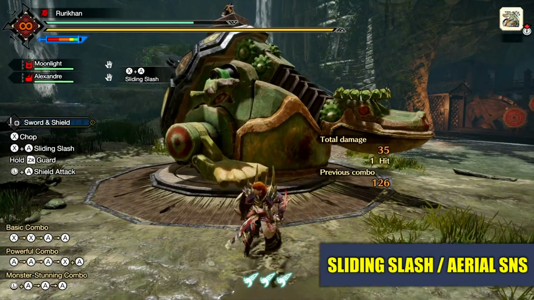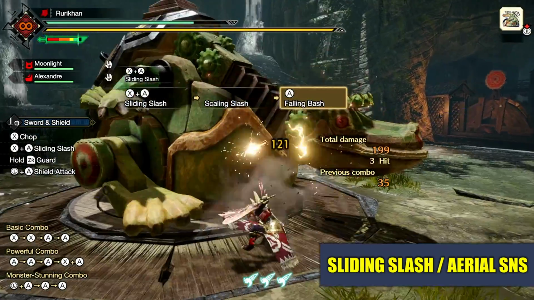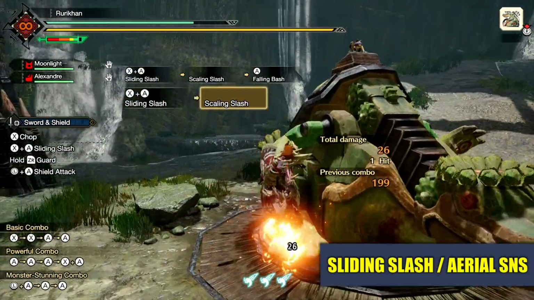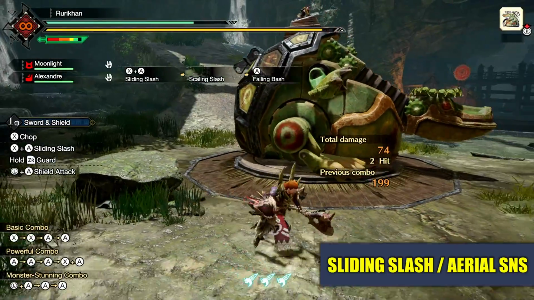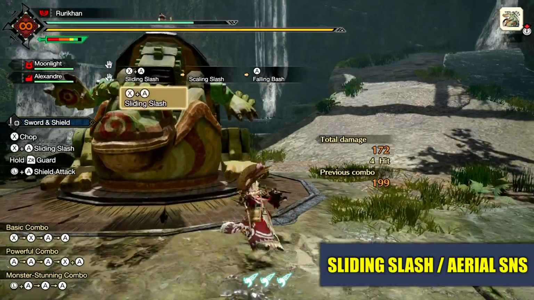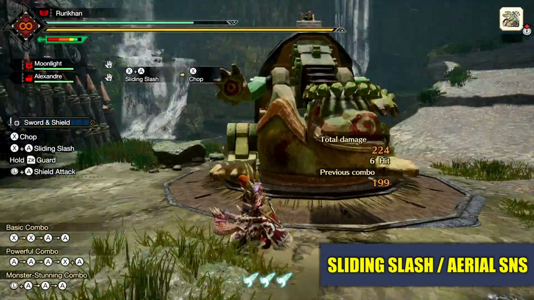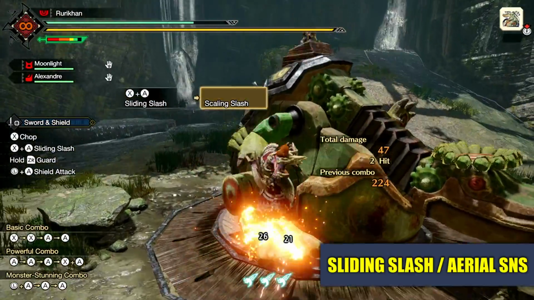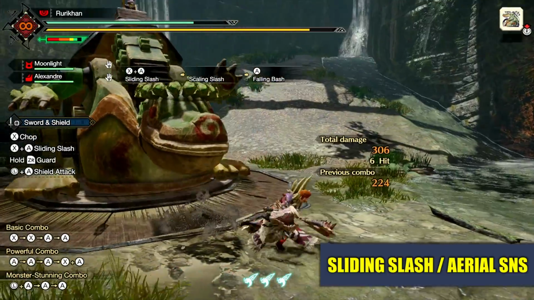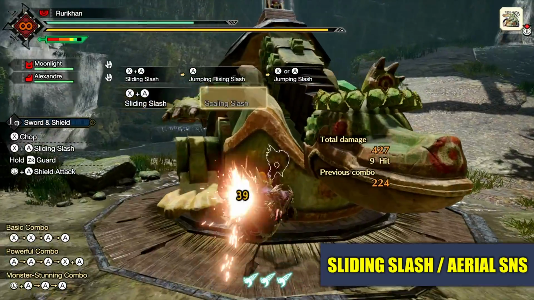Now, the way that I choose between using the sliding slash or the advancing slash is by default, I like going with sliding slashes because I always liked aerial sword and shield back in Generations Ultimate. So it's kind of like a personal preference thing for me as well. But what I notice is if I'm fighting a monster and I'm constantly missing the sliding slash, and I'm noticing that I'm missing it because either the monster is moving too much or the monster is too big and I can't land it in a way that I'm constantly doing falling bashes, then I go and I swap to the advancing slash because there's less animation commitment